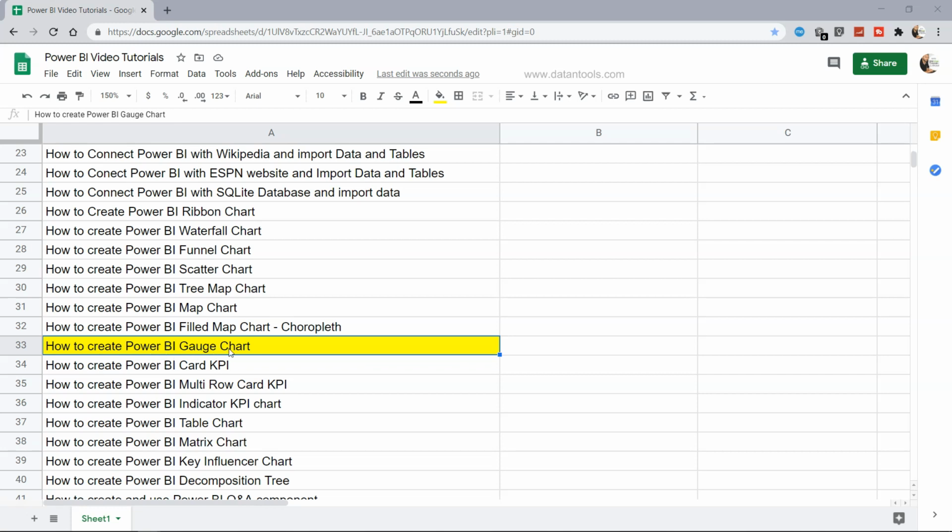A Gauge chart is very similar to what you have seen on the dashboard of a car. There you have the speed indicator or the heat indicator and maybe an indicator for the gasoline, petrol or diesel. This is a very similar type of chart which shows how far you have reached on the target or how far you are away from the target. So I will show you how you can create this Gauge chart within Power BI and also format it